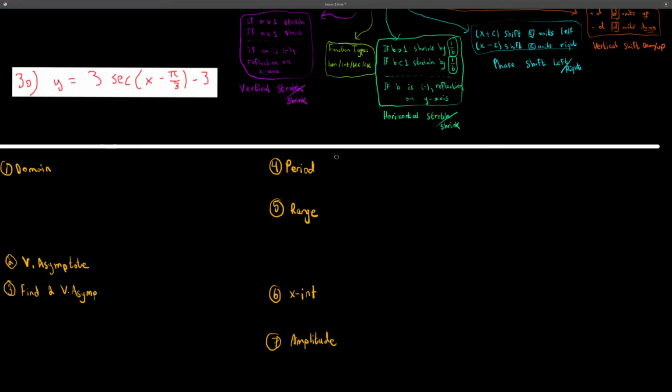Lesson 5.6 Examples part. So we're going to solve questions that will come on the exam based on the questions solved in the book. First off, we have this question, which gives us 3 secant of x minus pi over 3, minus 3. So first off, we should note that it's secant. If we were to find the domain, we should make sure that the domain of secant excludes odd multiples of pi over 2. So if we write bx plus c, which is this, is not equal to